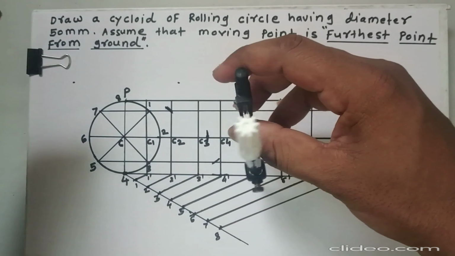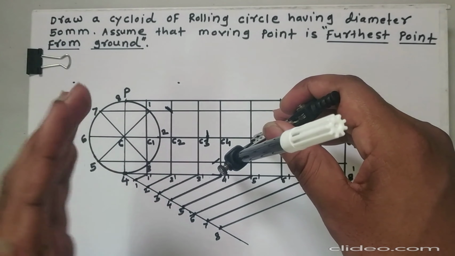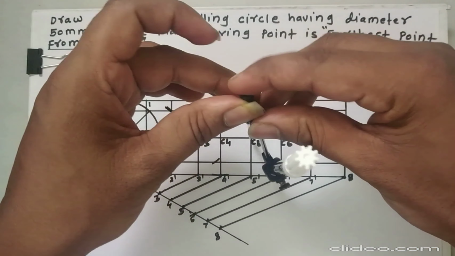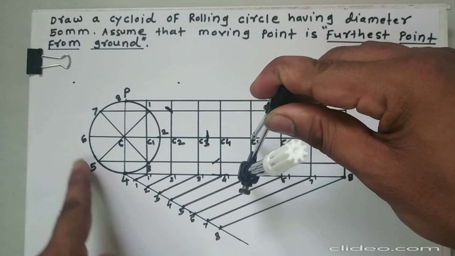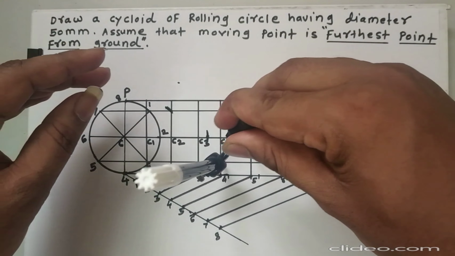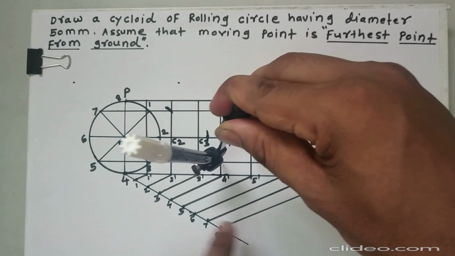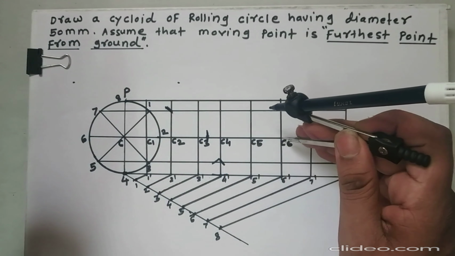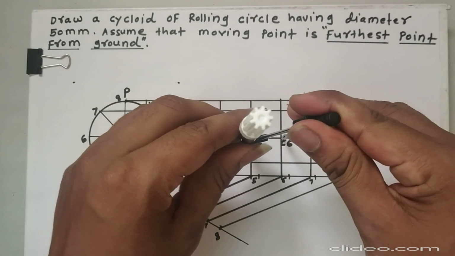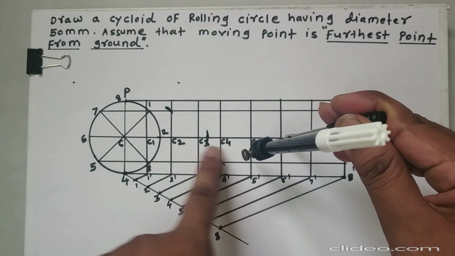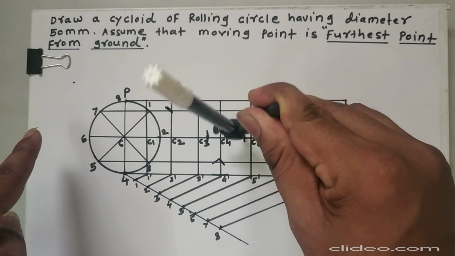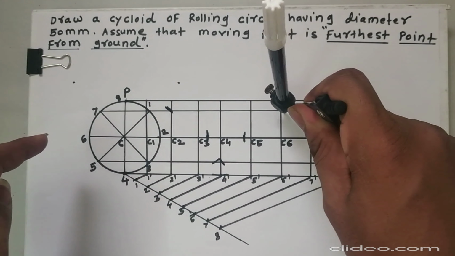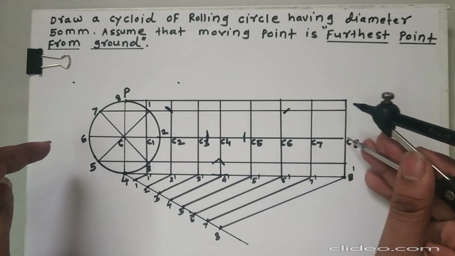We can see here that points 5, 6, 7 are on the left hand side, so we cannot cut the curve on this side. We need to draw the curve on the left hand side. Again, consider the 5 3 horizontal line and cut the arc. Next C6, same radius. Now consider this horizontal line, the 6-2 line, and cut the arc. Similarly C7. Now consider the C1 line and cut the arc.